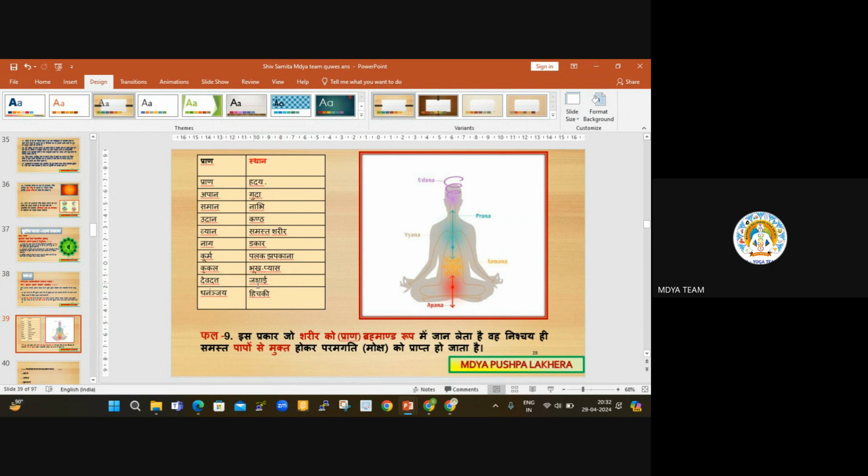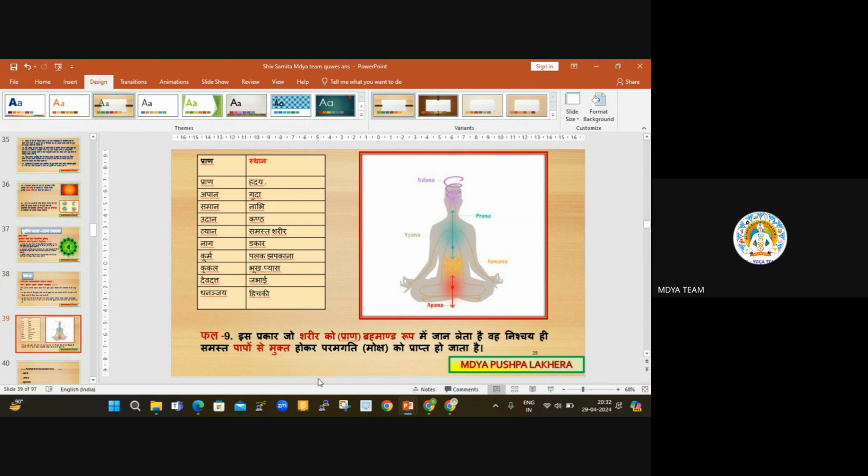And the Devadatta gives you the yawning. Whatever yawning you do, that is because of the Devadatta Vayu. And Dhananjaya is the hiccup, like when you get hichki. That is because of the Dhananjaya. Here it is mentioned in a different way, so all of you note down Dhananjaya. Here it is stated that hichki happens due to Dhananjaya Vayu, which is the hiccup.